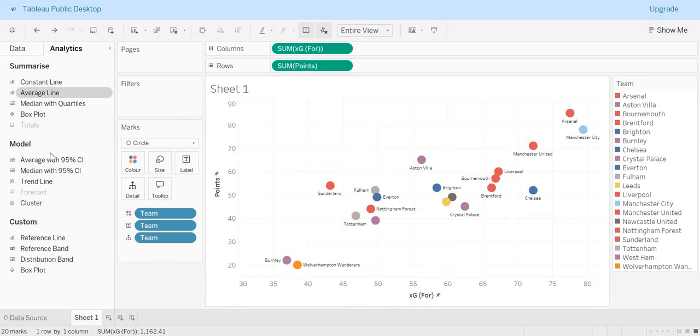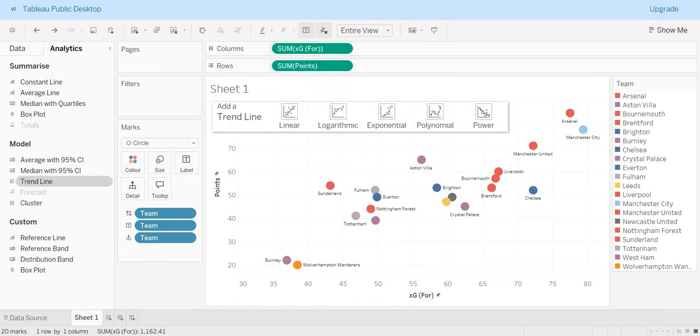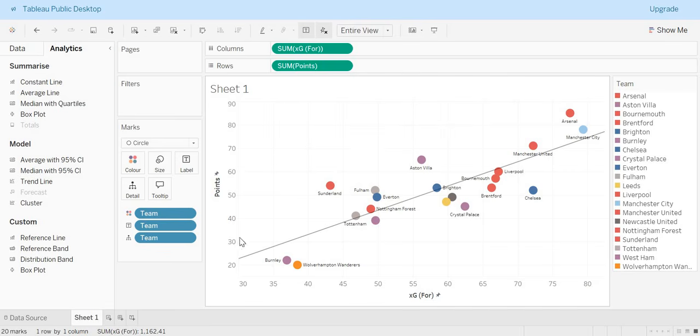We can then add a little trend line in there if you wanted to. So this will give you a sort of idea. We'll just have it as linear for the time being. You can sort of see how well teams do. But you can clearly see from that trend line, this is why it's important, that the R squared value is